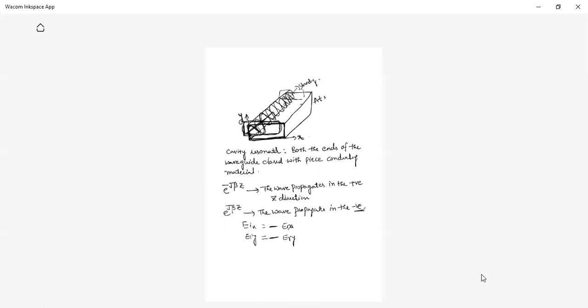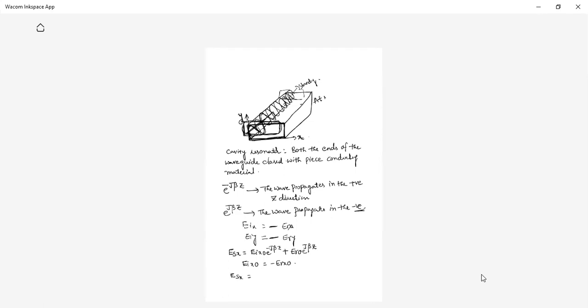I need the response. Clear, ma'am? What is the standing wave pattern? The standing wave pattern is an incident wave plus a reflected wave. So according to the boundary conditions, what did we get? E_i x0 is equal to minus E_r x0. So what is the standing wave pattern?